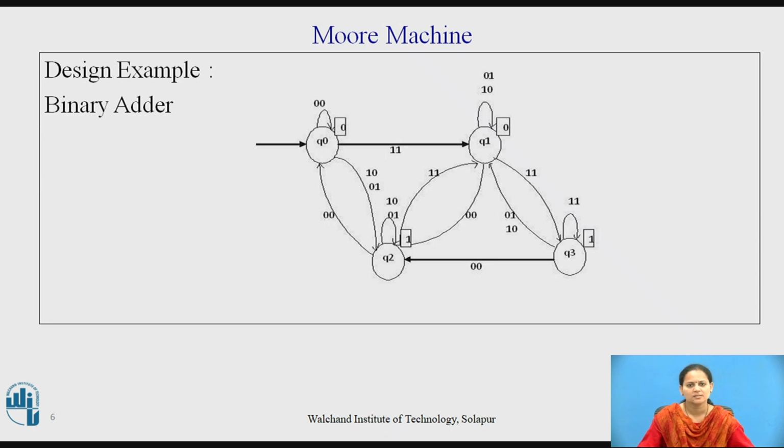So with this introduction to the Moore machine, here is a design example: designing a binary adder as a Moore machine. We know that a binary adder is a circuit which is used to add two binary numbers. The figure shows a Moore machine that is a full adder for adding two binary numbers. It is assumed that corresponding pairs of digits of the two numbers to be added are presented to the machine as input. For example, 0, 0 means that the corresponding digits of both numbers are 0.